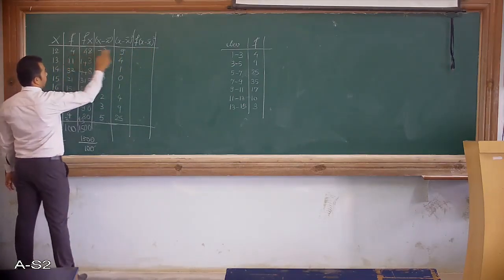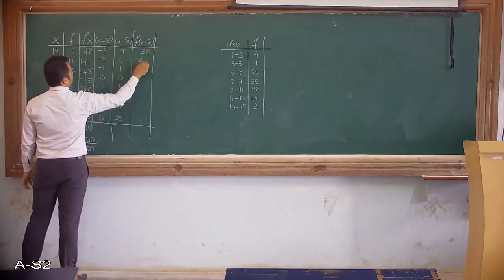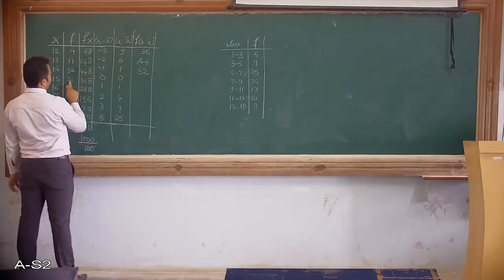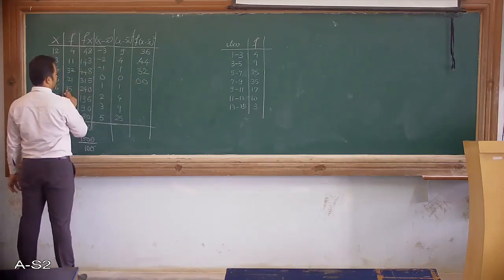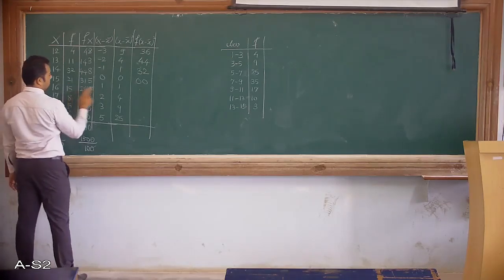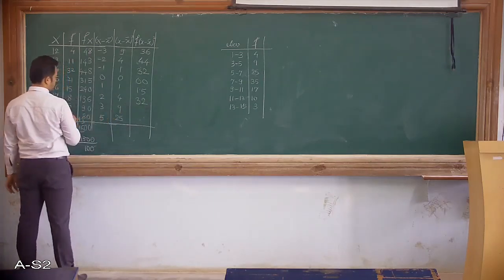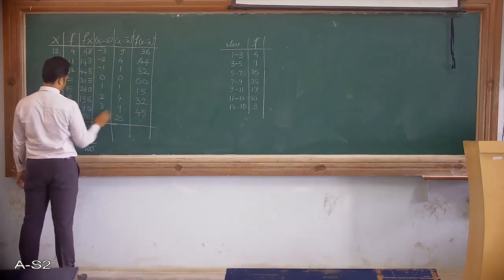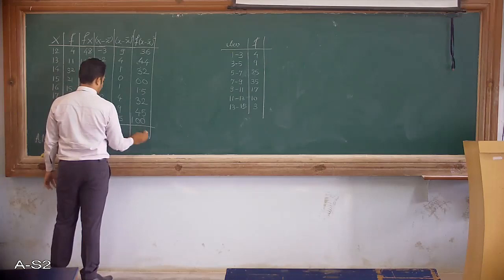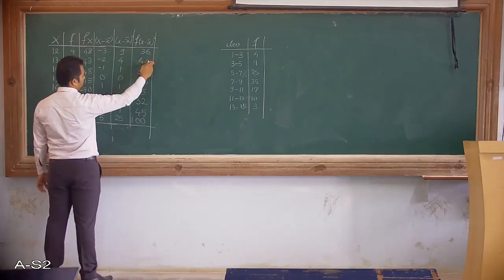So this frequency we have to multiply here. Okay. Now the summation of this column